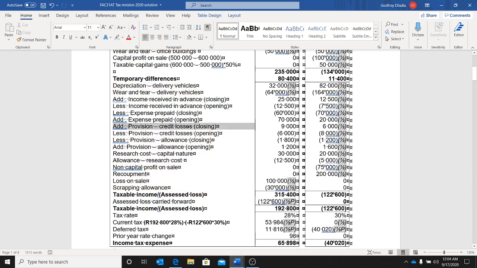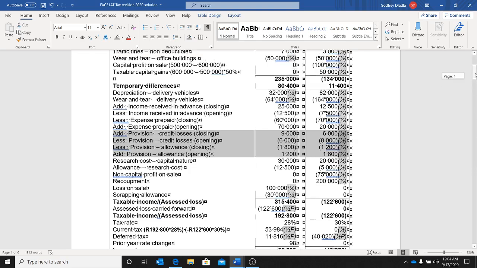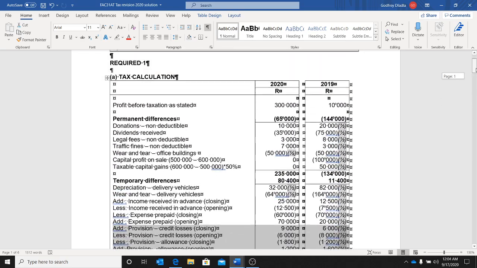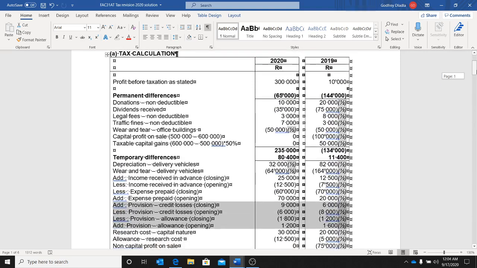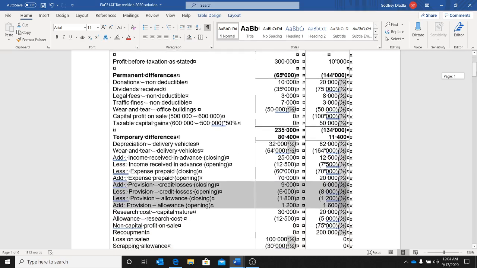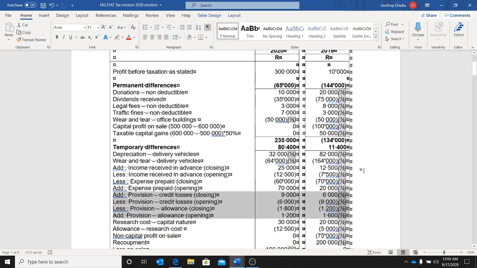Now I'm here, I'm dealing with this. Right. Now, what I want us to do is to analyze the credit losses in 2019. If you look at 2019, what is my opening in 2019? It's this figure here, 8,000. So this 8,000 comes from